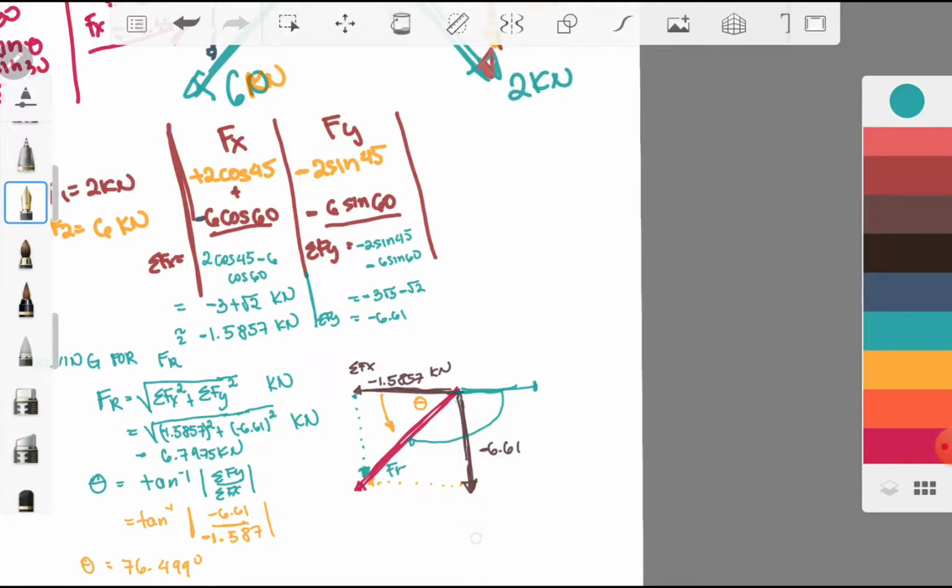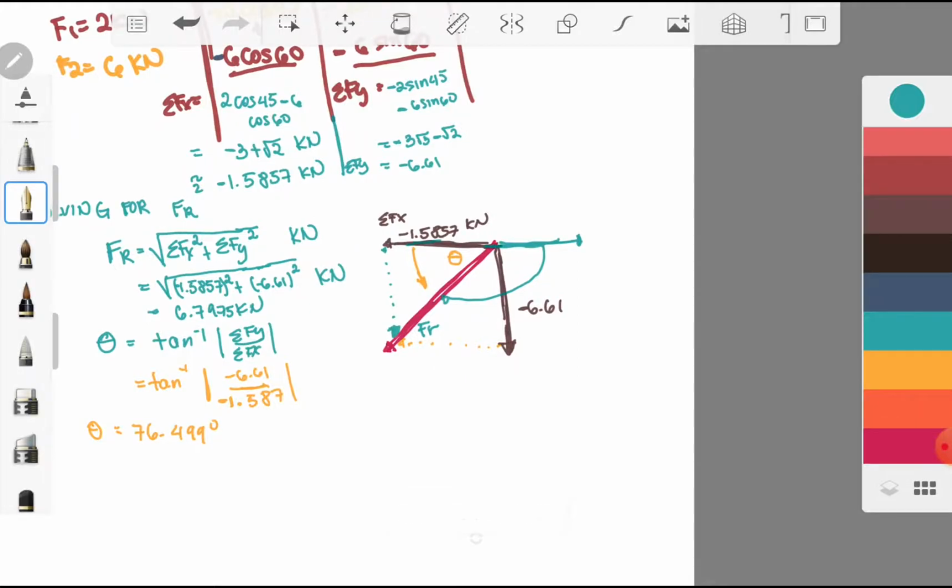So take note that the value of a straight angle is equal to 180 degrees. So I may say that this will be my theta r, or phi r, the angle of your resultant force corresponding to the clockwise direction. So we have our phi r